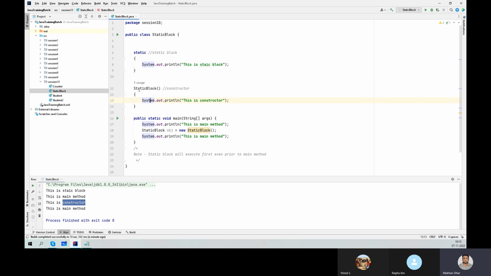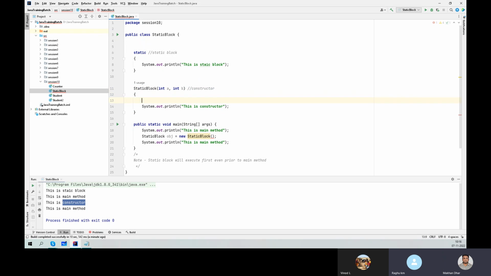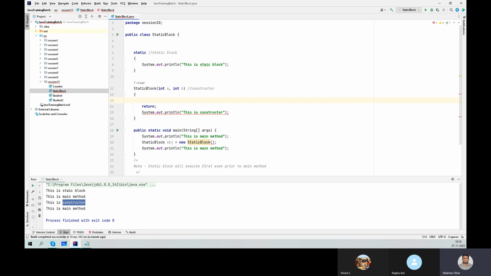What was the question? Can a constructor have a return type? If I say this is a static block, int a comma int b, right? And yes, return type only, right? Because you are not using void, right? No, I'm saying can a constructor